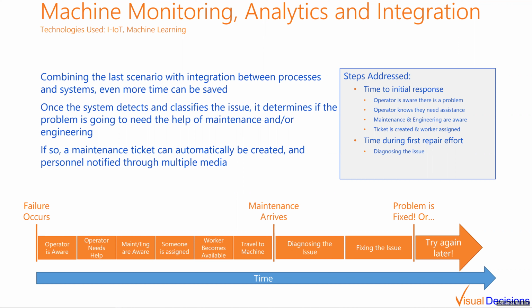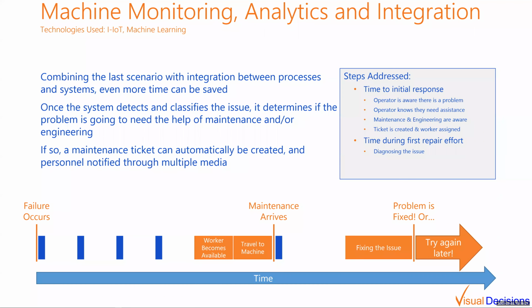We can automatically see who gets assigned and determine the right type of worker that is going to be required for this type of problem. A lot of this can be automated, where we not only notify the worker and address those issues at the line, but now we're coordinating across different departments and across different systems to make that response so much faster. And with that coordination, we can address many more parts of this